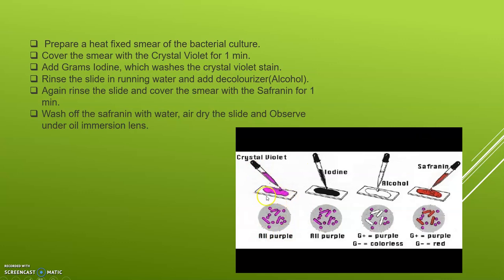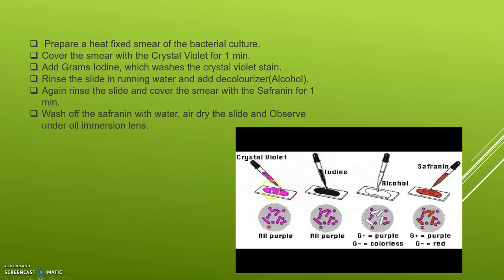Here, we make a smear of bacteria and heat fixate it on a glass slide. The first step is, after preparing the heat fixed smear, we cover the smear with crystal violet stain, like this, using a filler. We cover the smear with crystal violet stain and let it be there for 1 minute. And after that,